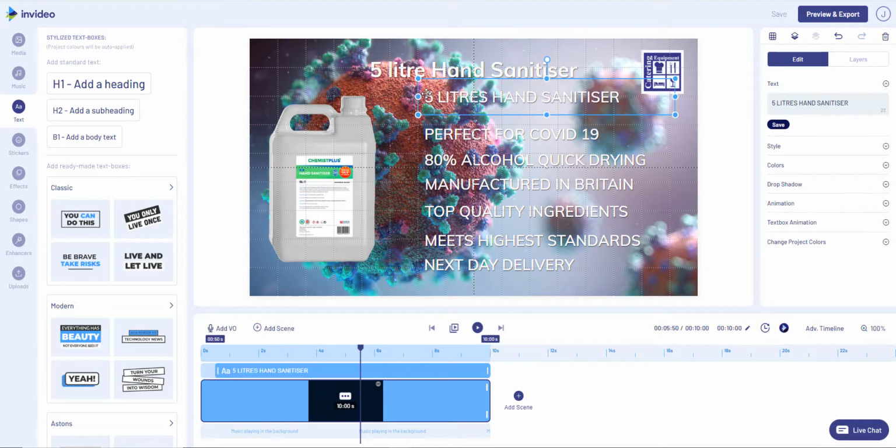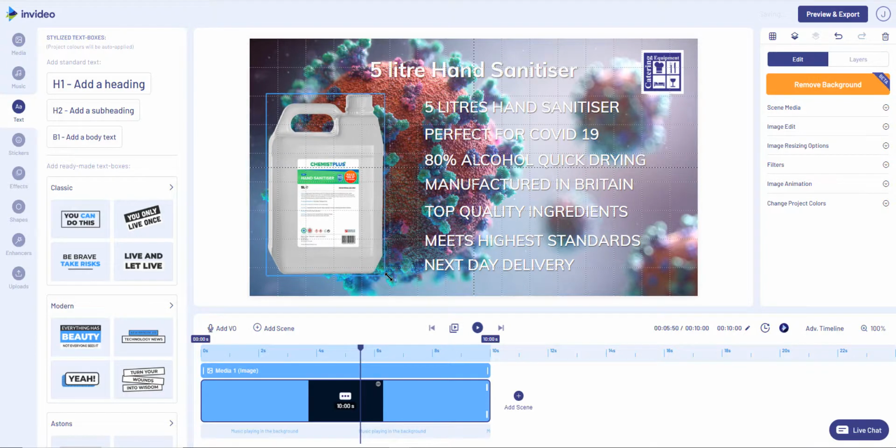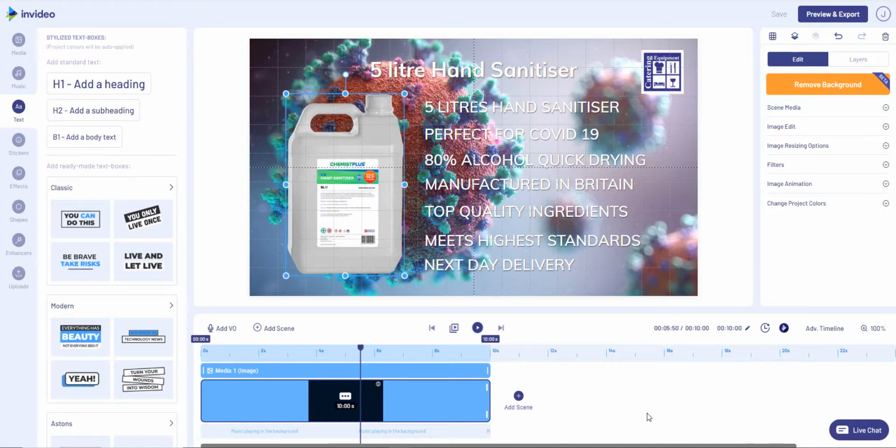And the last one. Okay, but what I can do is move that up a little and pull that down a little, and I've increased the size of that, and then I'm going to move that in as well. So now I've got a reasonable looking advert, and if we play it,